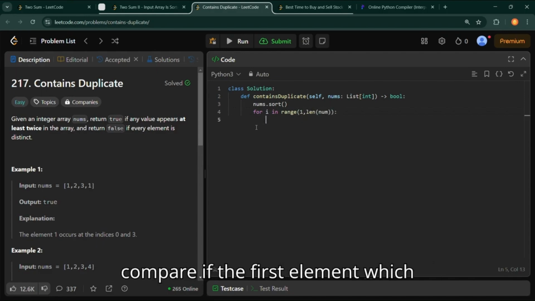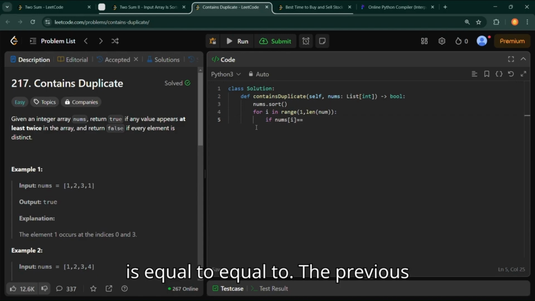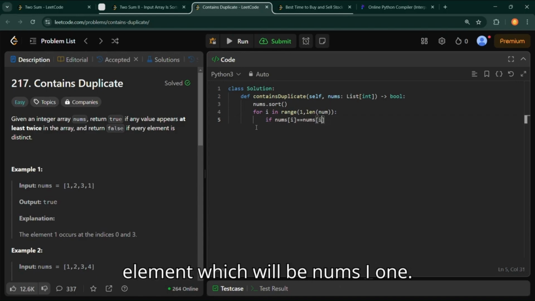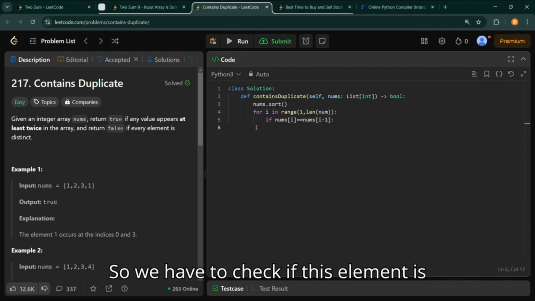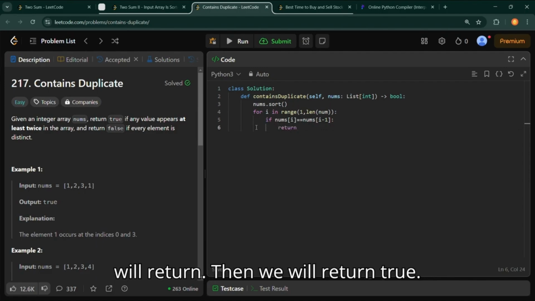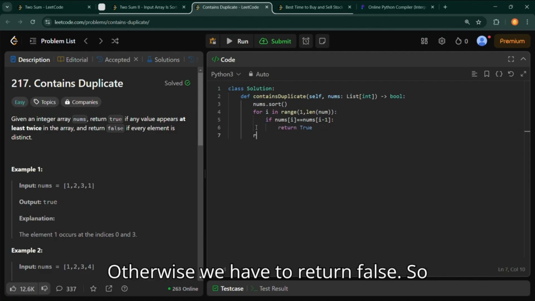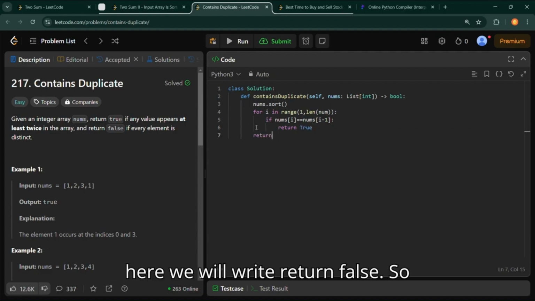We compare if nums[i] is equal to the previous element, nums[i-1]. If so, then we return true. Otherwise we return false.